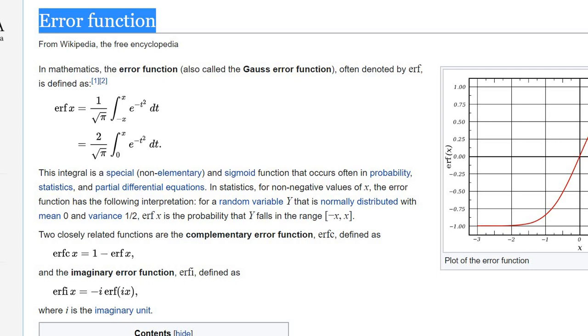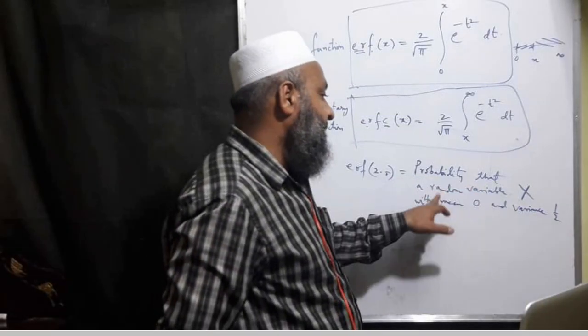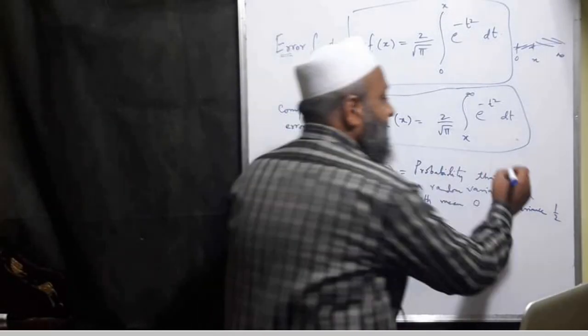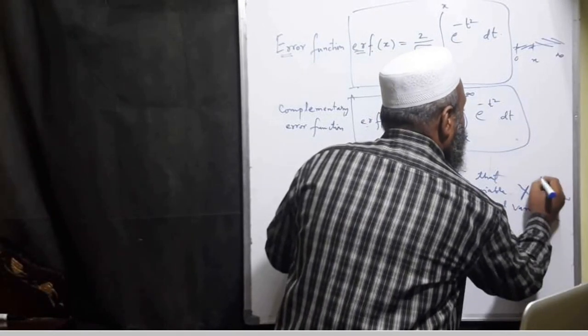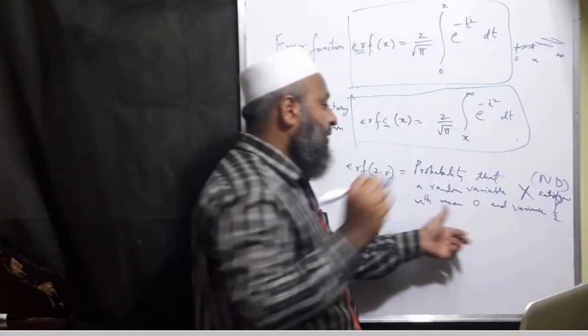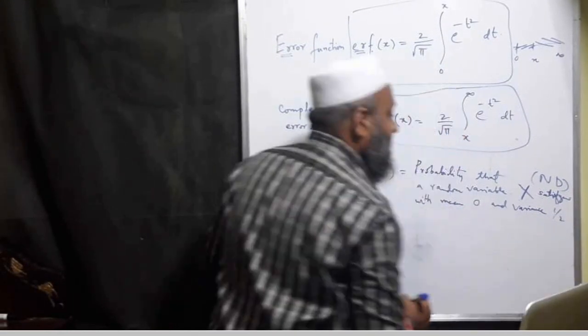Variance, I am sorry, it is variance, not standard deviation. Variance half. Now the probability that a random variable X satisfies a normal distribution with mean 0 and variance half,